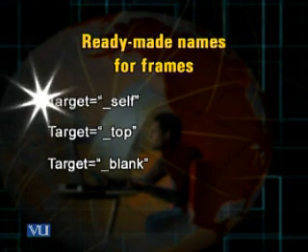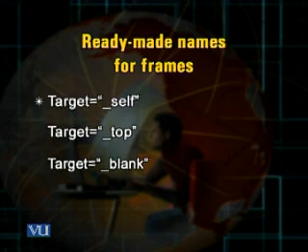For example, if I keep the value of the target attribute as _self, that would indicate to the browser that the resulting web page should be displayed in the same frame where that hyperlink is placed.